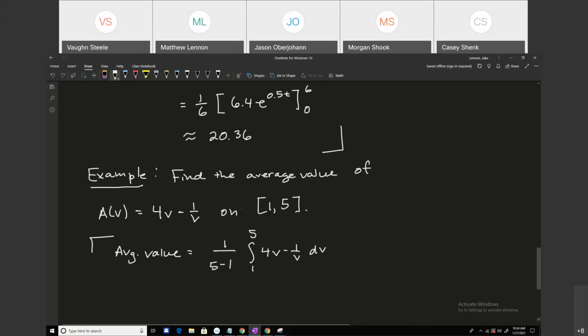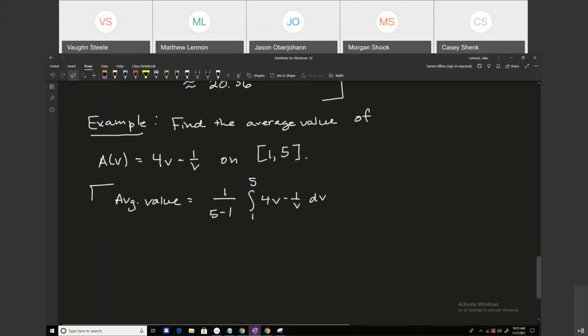So again, the first one, 4V, is a polynomial, so we're just going to add 1 to the power of V and then divide by 2. But the second one, remember, the antiderivative of 1 over V is going to be the natural log of the absolute value of V. But because our interval is 1 to 5, it contains only positive numbers, we can dispense with the absolute value here and just write it as the natural log of V. We don't need to worry about all that. So this comes out to 1/4, and then we have our 2V squared minus the natural log of V